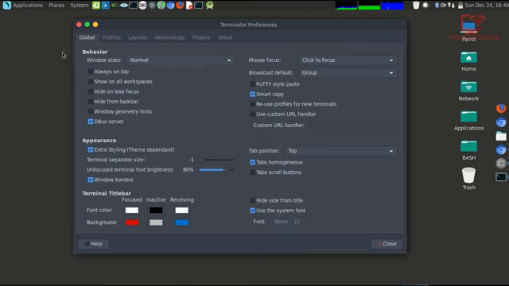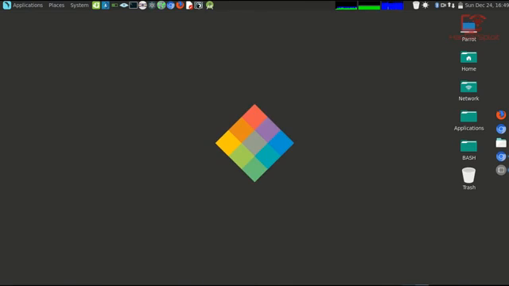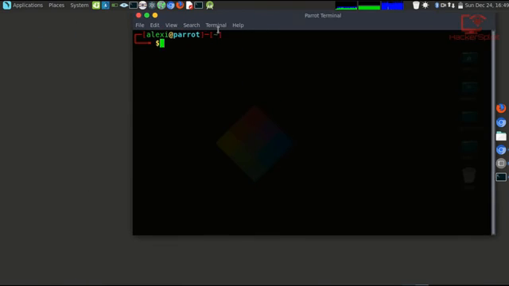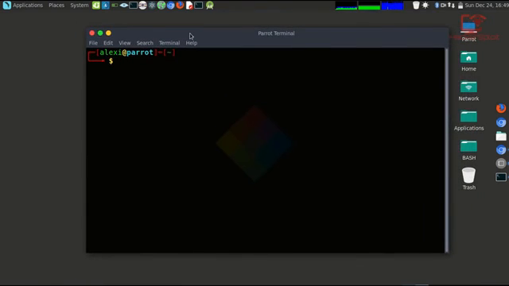We're just going to run this through the Parrot terminal because I don't want to confuse you guys. Right, so let me just zoom that in so we can have a good view of what's going on. All right, so it's very simple to start your PostgreSQL service, as you know with Linux. So it's service post, very simple,